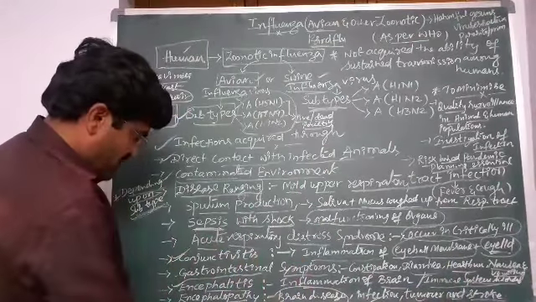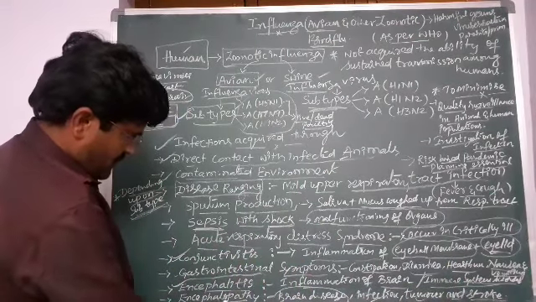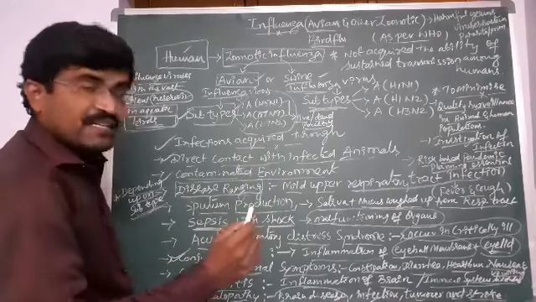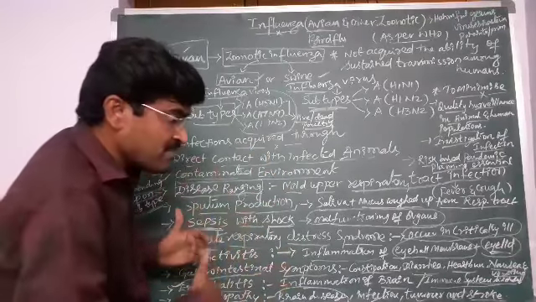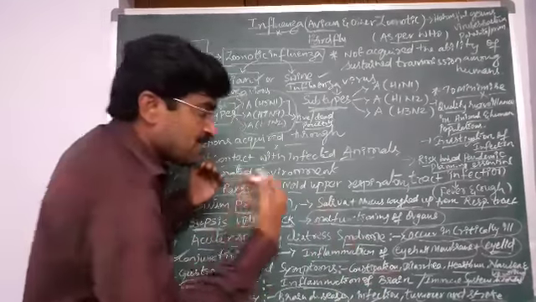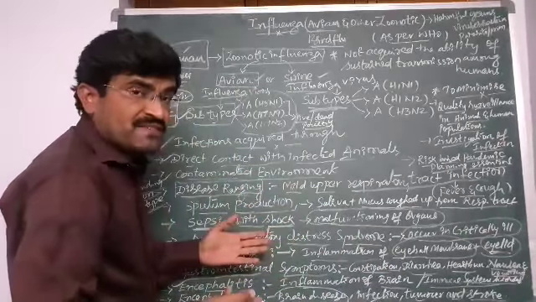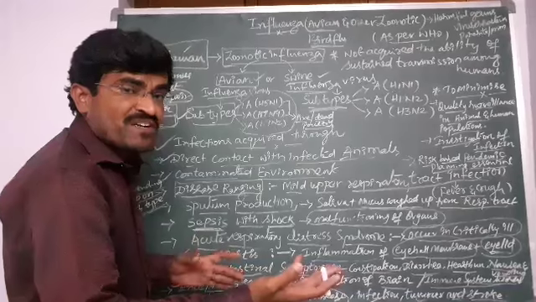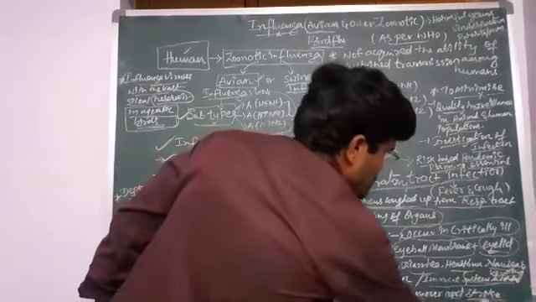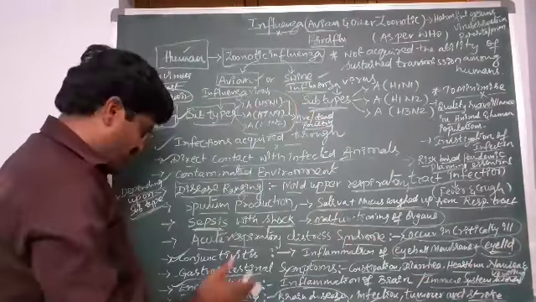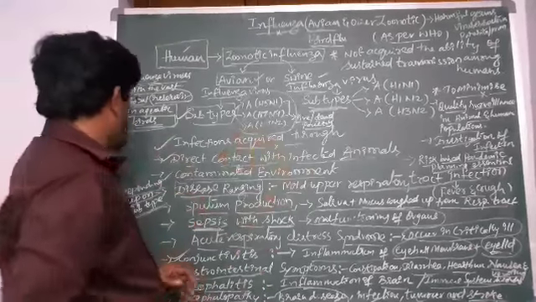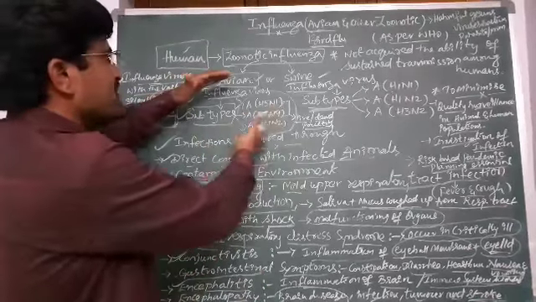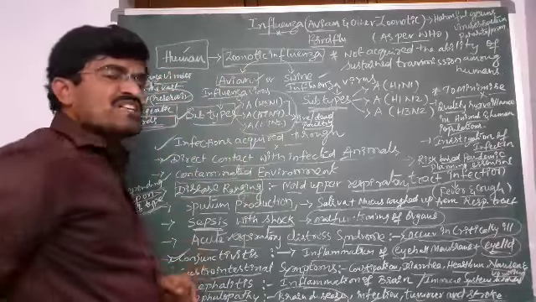And the last one is encephalopathy, which is nothing but brain disease. The brain disease may be an infection, or development of tumors with uncontrolled proliferation of cells, which leads to a tumor in the brain, and it may also lead to stroke. That is encephalopathy. All these things we observe depending upon the subtype under the avian influenza virus or swine influenza virus.